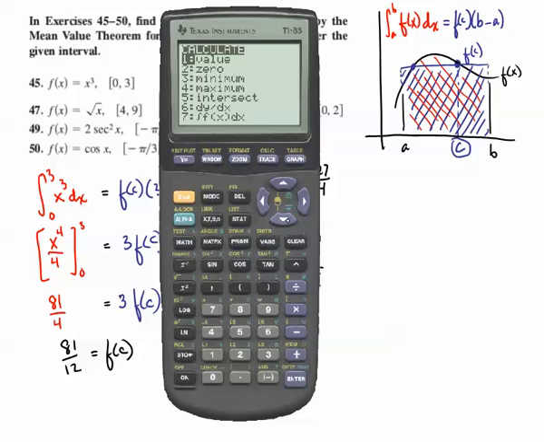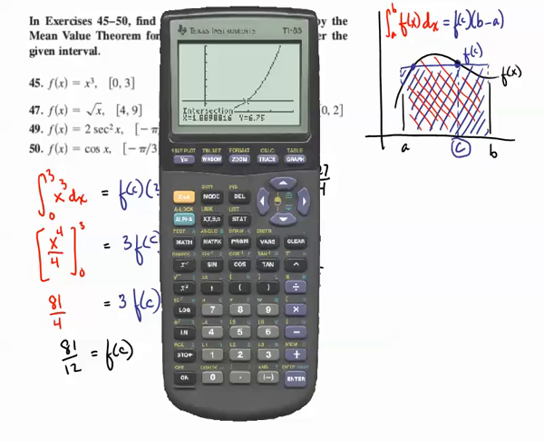This time we're going to use Second Calc and the intersection function, which is 5. It asks you to select the first curve, which is the cubic function. The second curve, which you can see highlighted there, is the horizontal function. Then we hit enter, and it tells us the place where that happens is when x is equal to